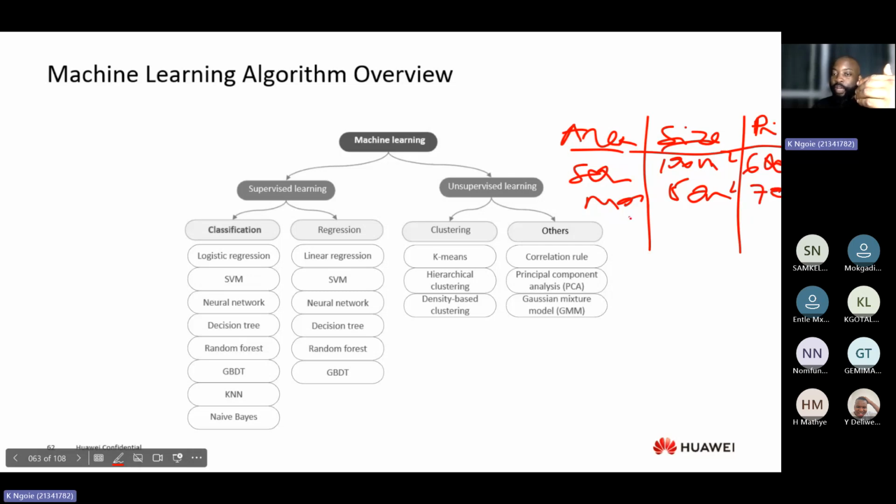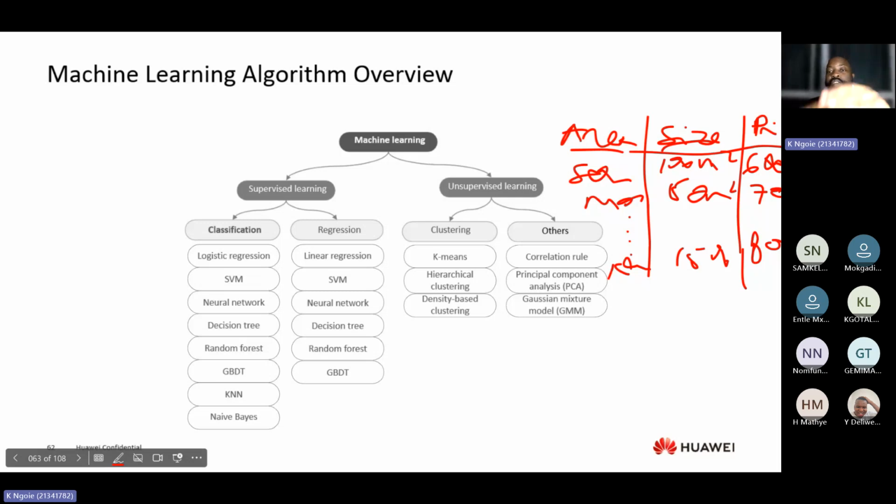And then you have apartment number 100, which is found maybe somewhere in Kempton Park. And then the size is 150, and that costs you about 8,000. Okay, so when we look at this now, first question we need to ask ourselves,